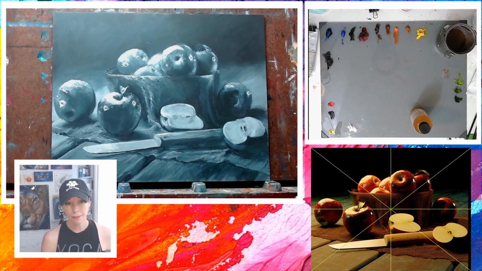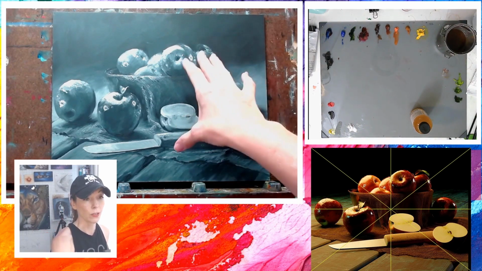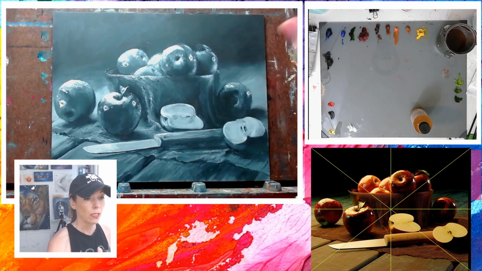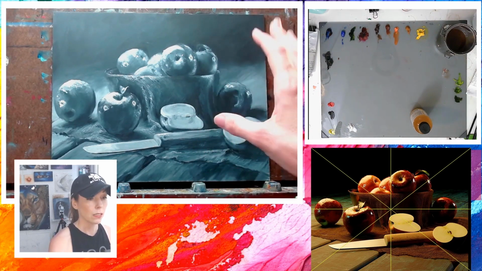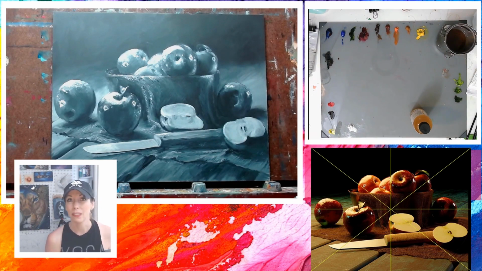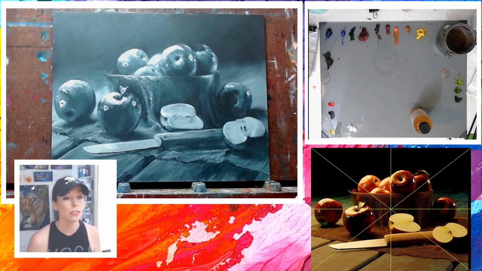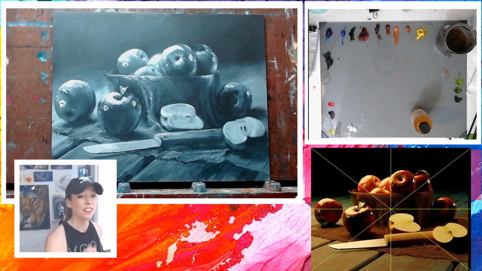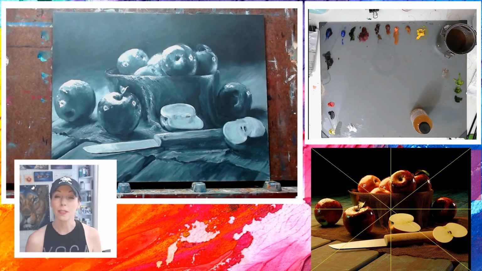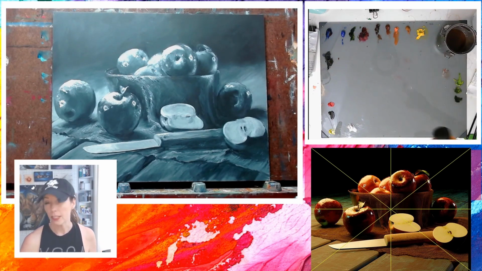So what we're going to be doing, like I said, is we're going to be applying layers. And we've already gotten our grisaille painting completed to the point where I really don't want to add any color to it because I really kind of like it, but I'm going to keep pushing because I know that this is going to look amazing. It's going to look just so realistic and I'm just excited about it. Okay, so it's going to look fabulous, but it's going to take a little bit to get there because what we're going to be doing is applying thin layers of paint, and we're going to be doing that using our